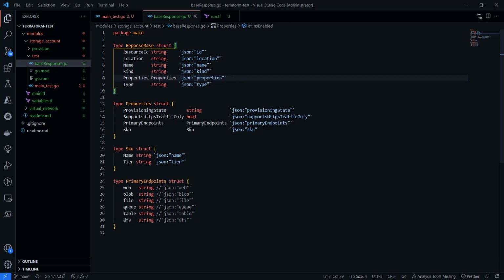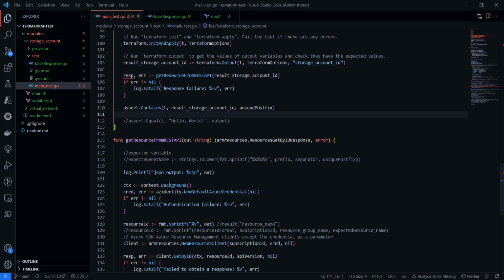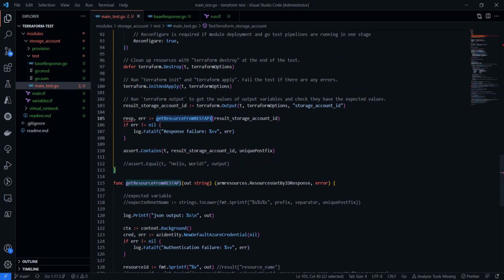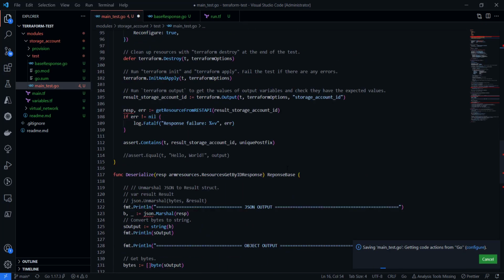Okay, so our base response type is ready now. We have our API ready, which will return the response in this format, which is of response type. Now what we want to do is serialize this type into JSON and then deserialize it into the object which we have created. So that's my method type